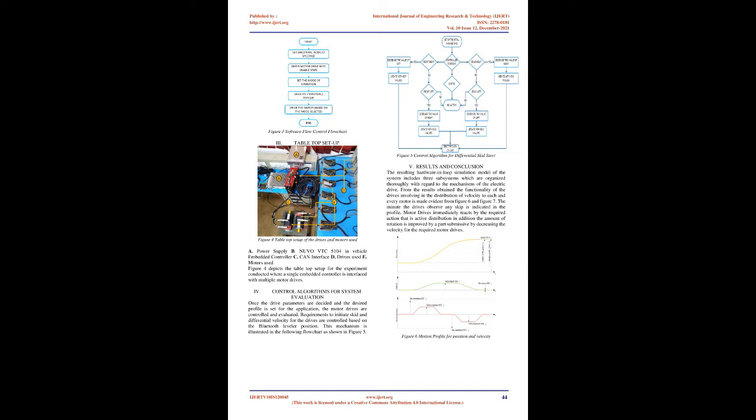CAN uses an arbitration field, control field, and data field to interact with the user. Message priority is based on the content of the arbitration field, where the messages are prioritized as high when the field content is 0, making sure that higher priority messages are transmitted first. This can also be used to determine the time taken to transmit a CAN message. Based on the type of application, content in the data field can be manipulated.